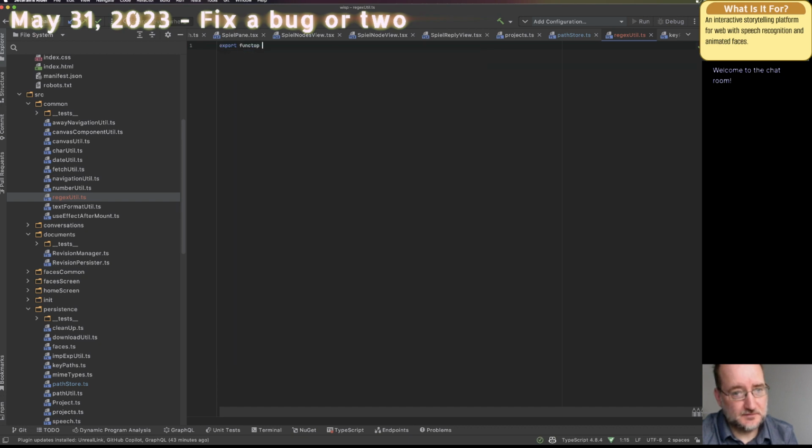Export function escape regex characters.